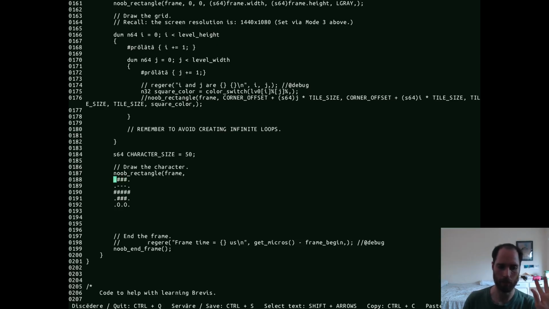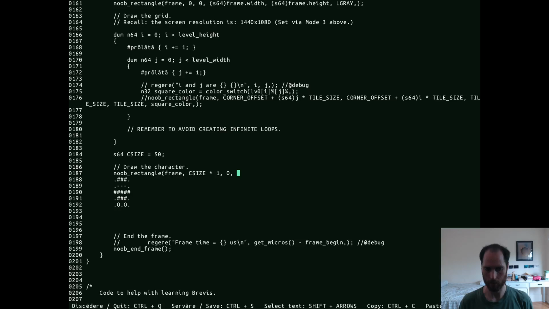No, we want the matrix convention: 0, 0, 0, 1, 0, 2, 0, 3, 0, 4, 1, 4, etc. So the corner offset we want here is, character size is really big, call it C size. Character size times 1, 0, and then